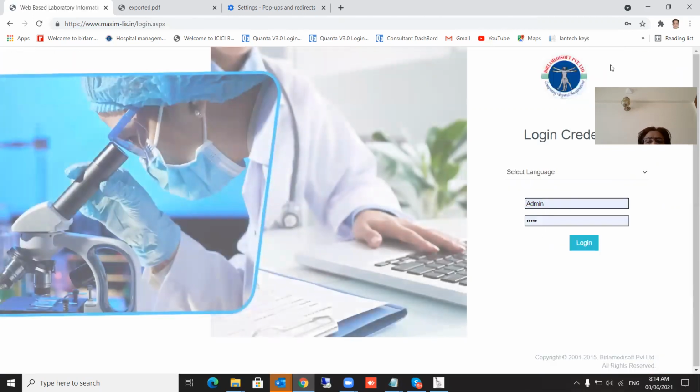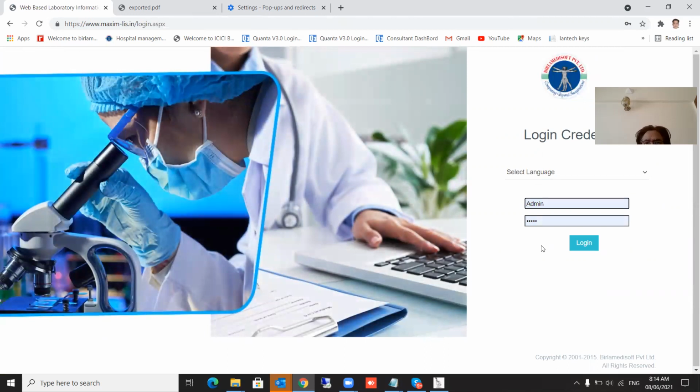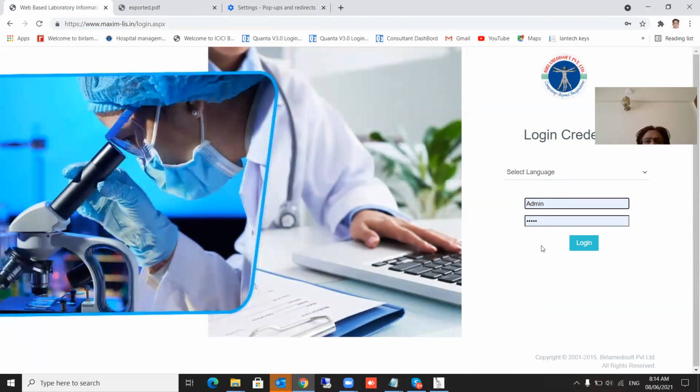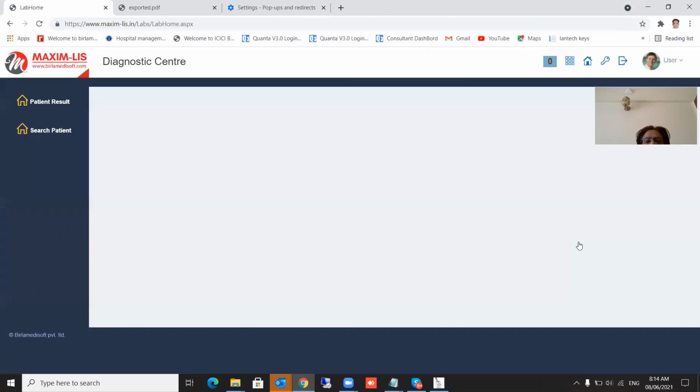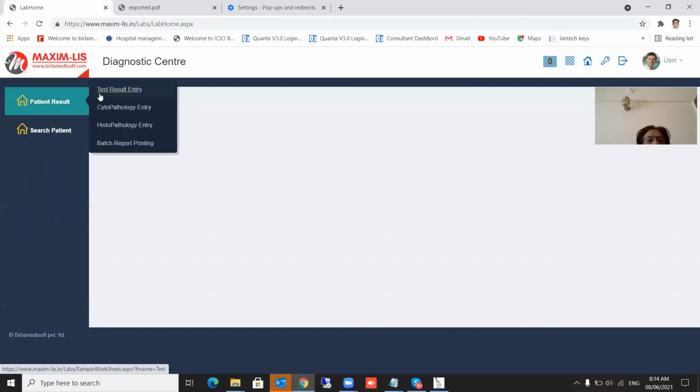Those doctors under whose name the test is assigned will automatically get the names of the patients on which the authorization will take place. So I'll log in as a doctor and I'll see that tests are there.